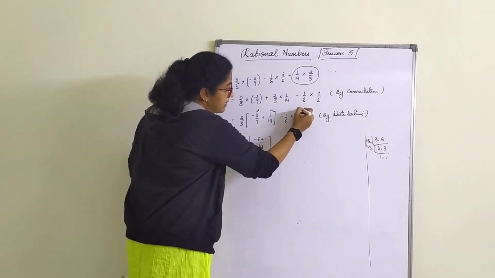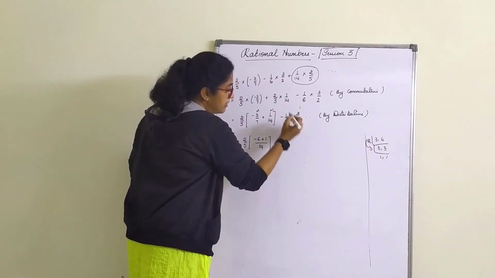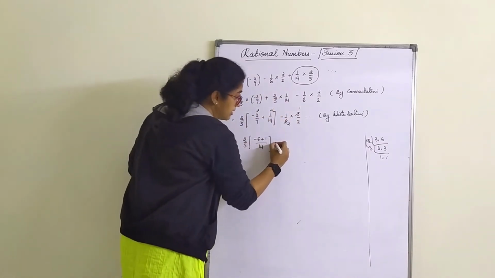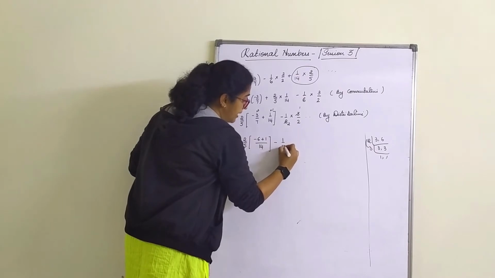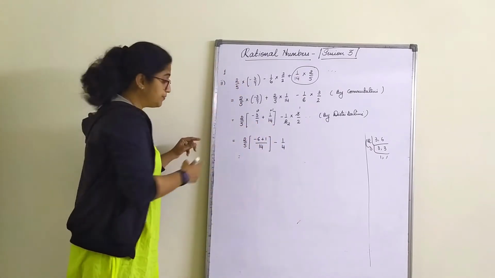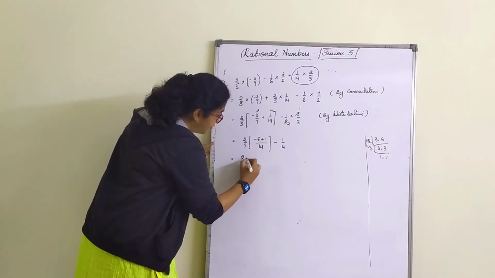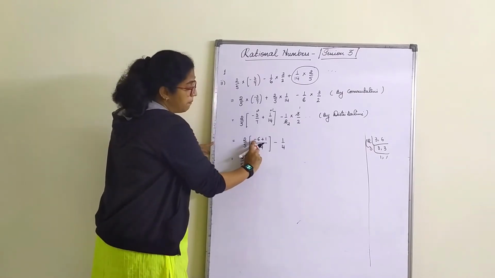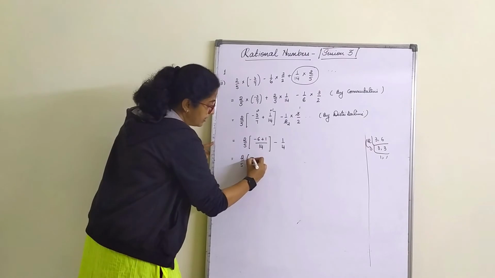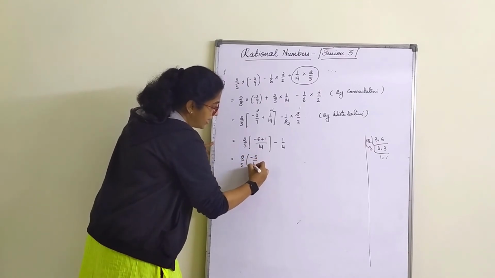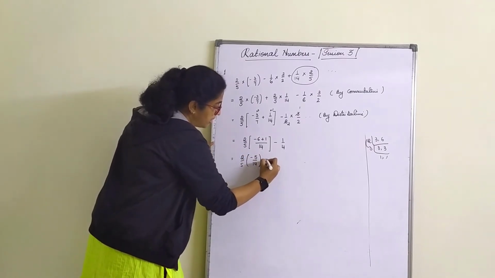Here it is 3 1s are 3, it is 3 2s are 6. Right? So this is minus 1 by 4. Is this correct? Next. Equal to 2 by 5 of minus 6 plus 1 is minus 5 by 14 minus